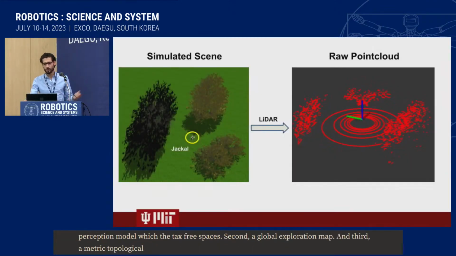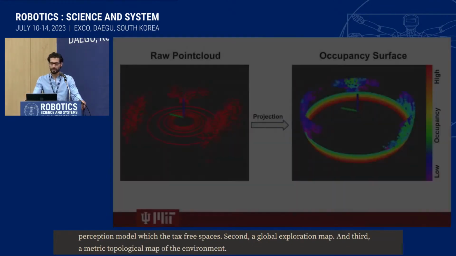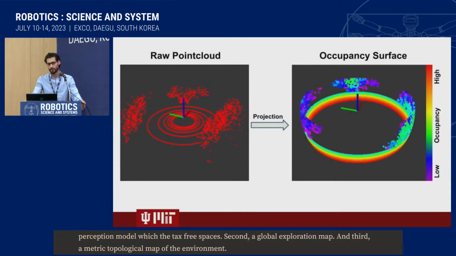We receive the raw point cloud from LiDAR, and then we transform it into spherical coordinates and project it into a circular surface around the robot known as the occupancy surface. Each point on the surface is defined by its azimuth and elevation angles and assigned an occupancy value based on its return distance. Then we use a sparse Gaussian process to model the probability of occupancy over the surface,